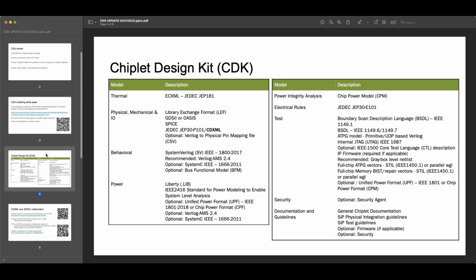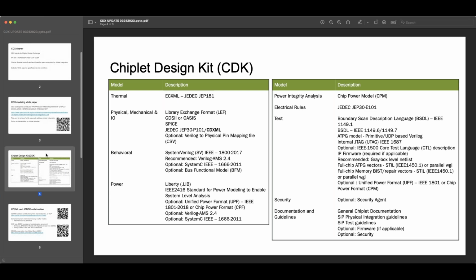So this is the minimum, or is this a mandatory minimum, recommended, or guideline? What is the magic phrase we're using? Yeah, so this is the guideline for all models that are available, the available file formats and data that is possible for a chiplet.